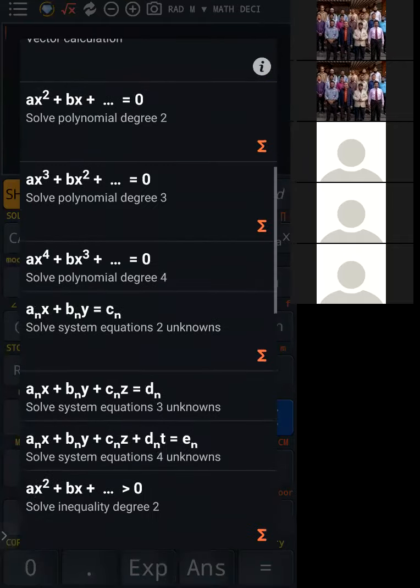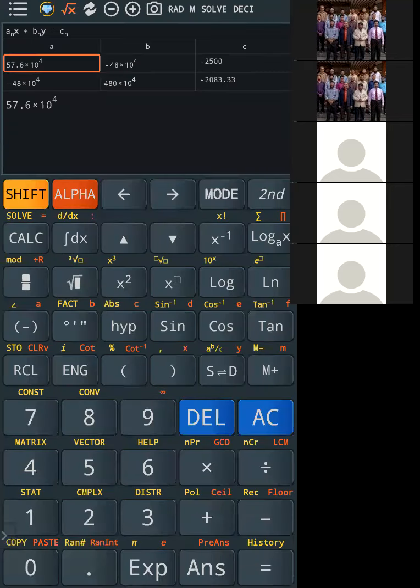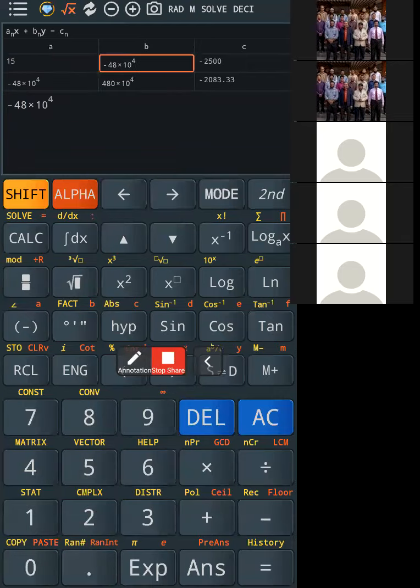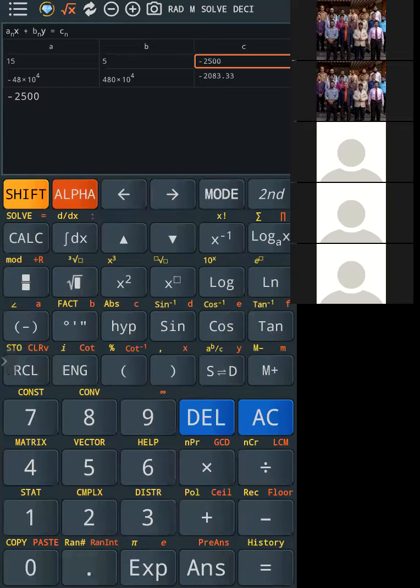Solve system of equations, two unknowns. First value is 15, so put that value 15. Second value is 5. Then 15, 5, then 625, then